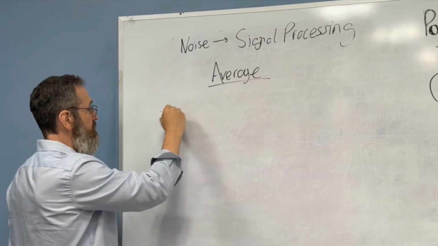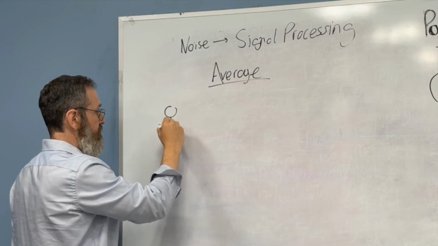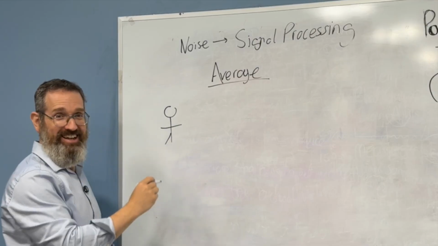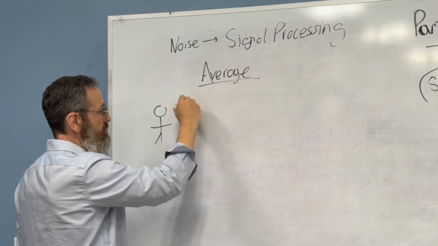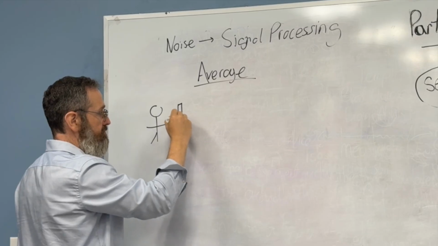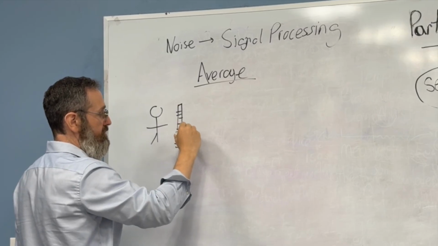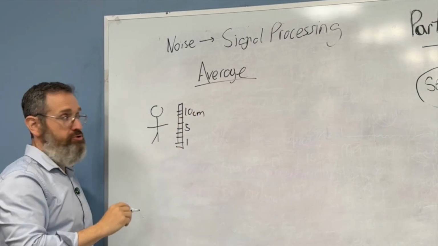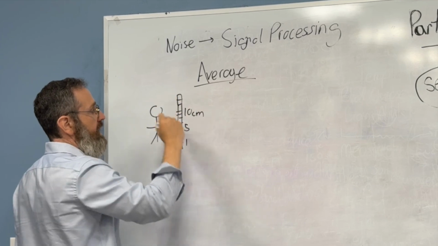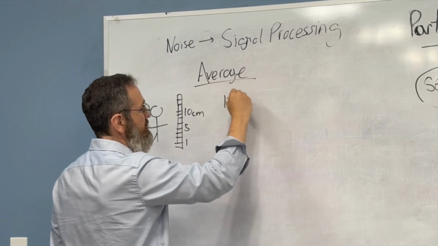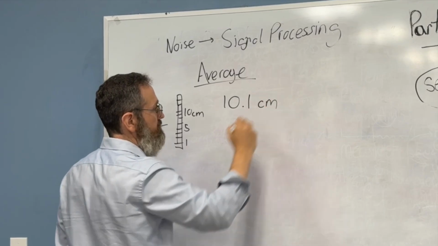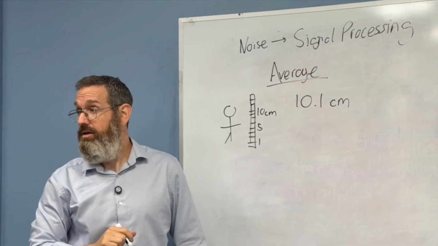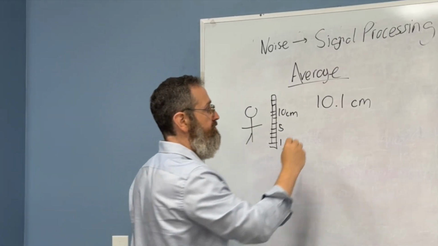I'm measuring the height of a person. They're a little person, all right? And I'm measuring their height, and I have a ruler, just a 1 centimeter, 5 centimeter, 10 centimeter ruler, right? And I take a measurement, and I measure that this little person is 10.1 centimeters. Okay. But it's really important to get this right. So I go in and I measure again. And now I measure